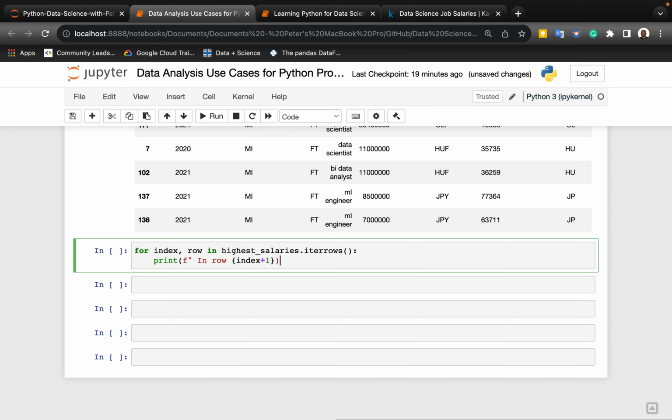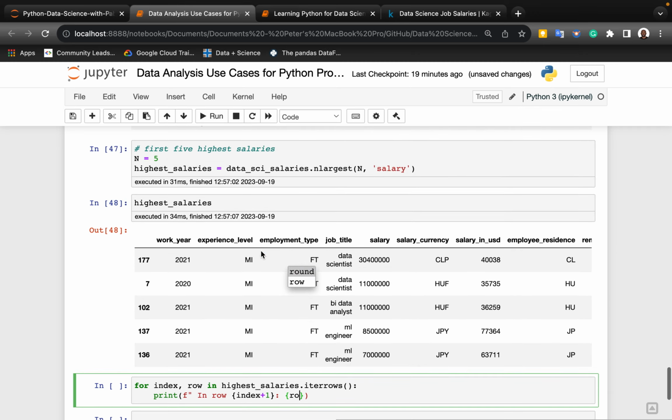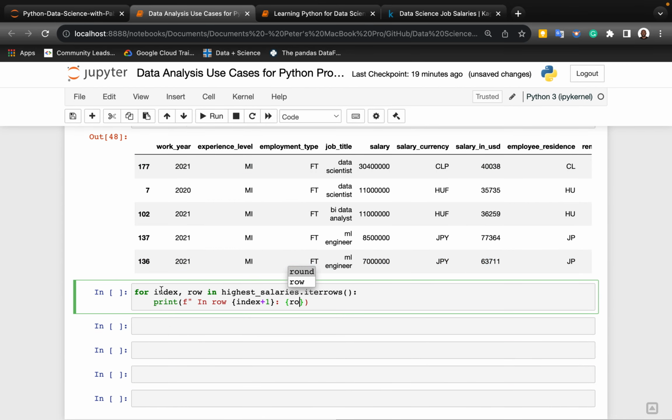Then I will put this because I want it to come out like this. And I'm going to, again, open one. And here I'm going to call on the row. You see, the row is going to be this row. So key value, just like key value pairs, right? The value in the row is,